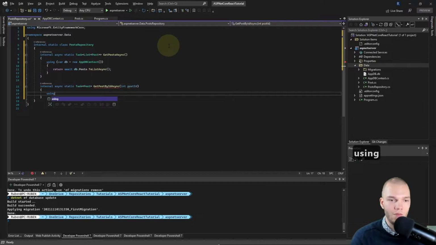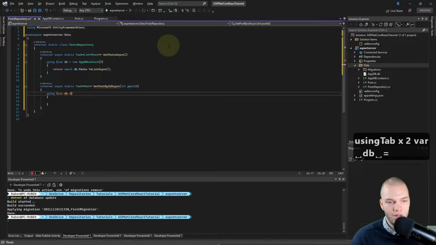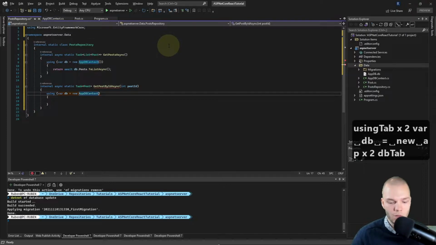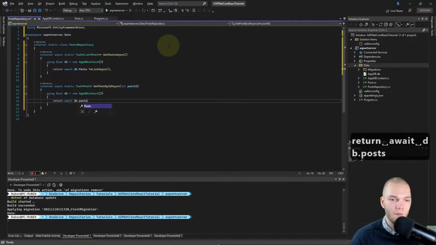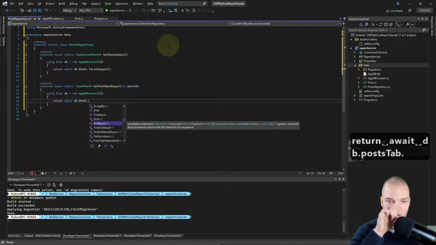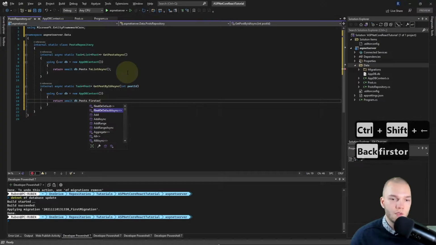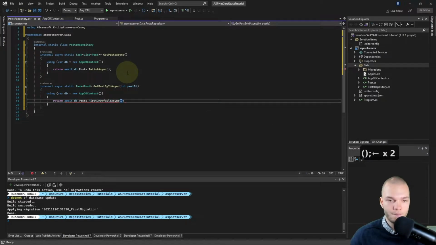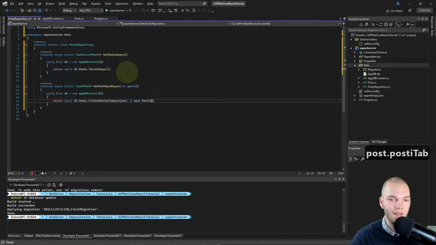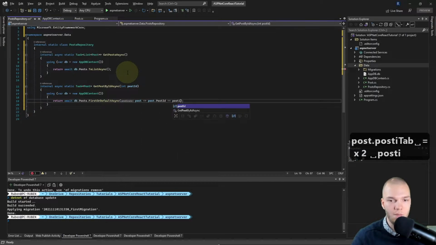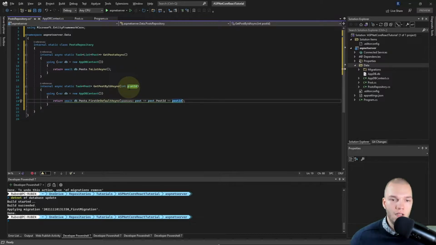Right, and again I want to do using var db equals new AppDB context, and so in here I'll do return await db.posts, and we'll use link here. So I'm gonna do first or default async, and I'll just take a post object and do an arrow, and we want to return where the post.postID equals the post ID from the argument, right?